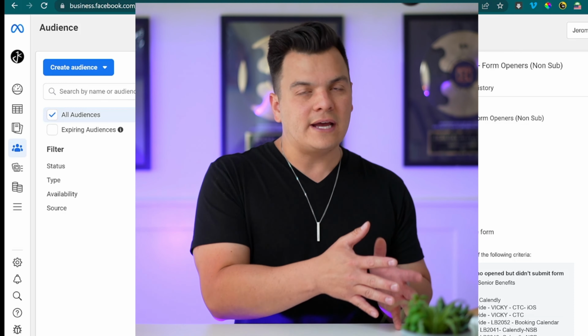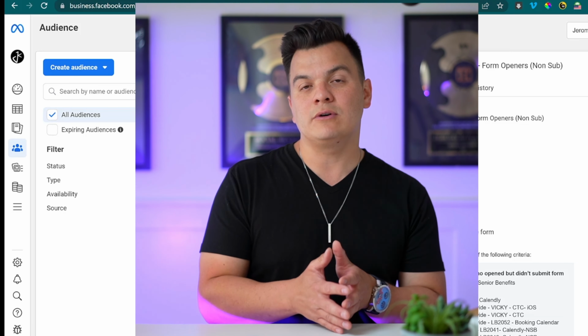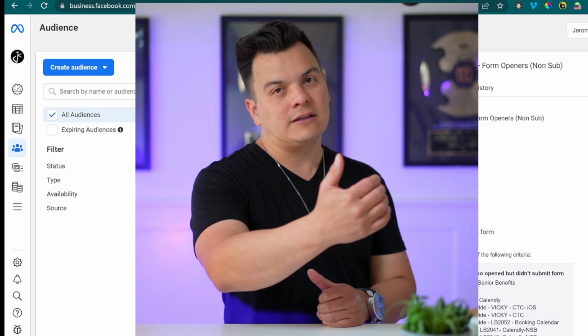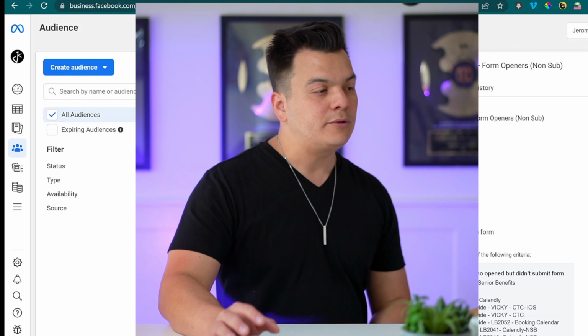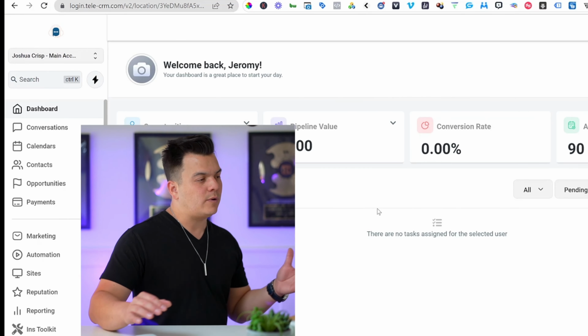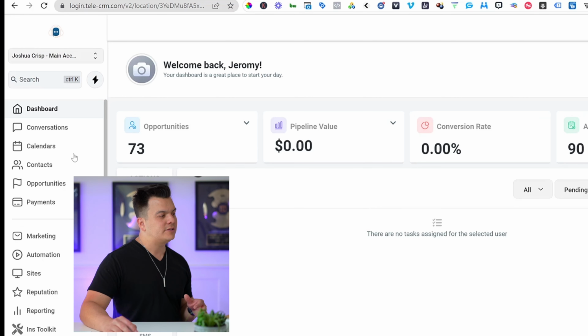I'm going to use Go High Level. I'm going to show my white label version of Go High Level called TeleCRM. I'm going to show you how to download that data, and how to upload that into Facebook and create an audience. So without further ado, let's dive in. We're logged into our Go High Level white label account, and we want to go into our contacts here